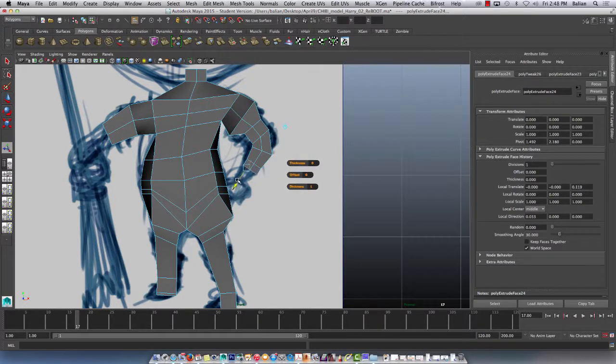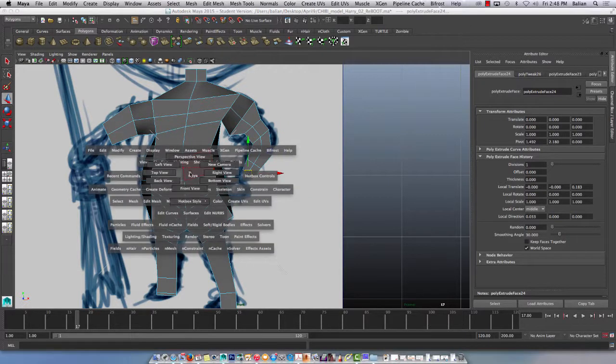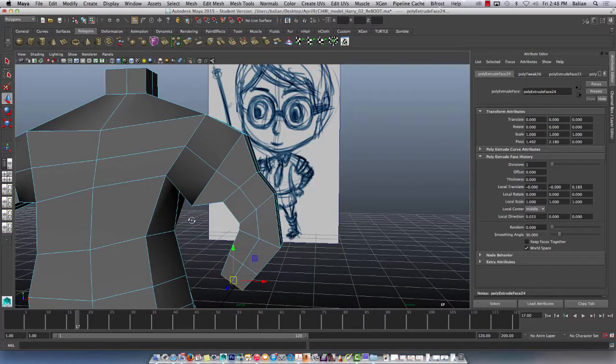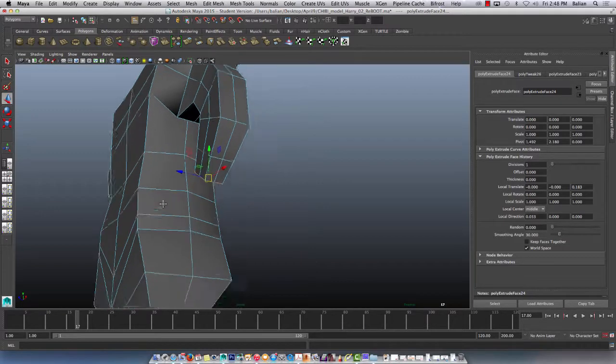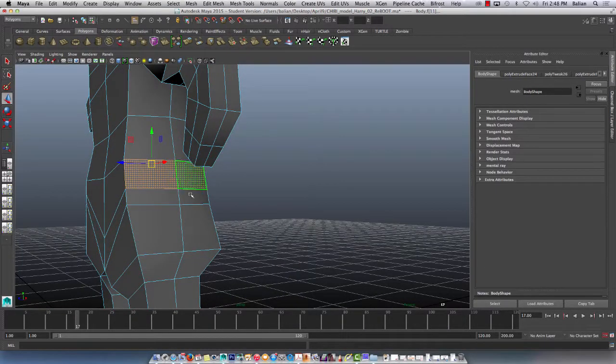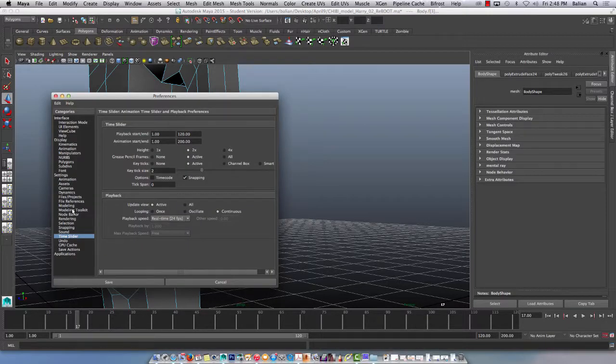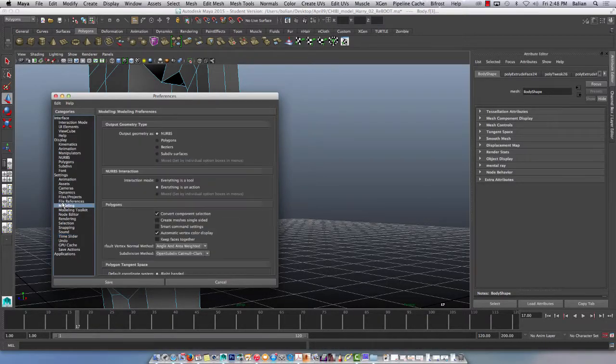So again, I'll come out, press R, scale it in a touch, and so on. So that's, you get the idea. Okay, back to perspective view, and what I'm going to do, I need 4 sides in here. So watch what I'm going to do. I'm going to select this face, 1, 2, 3, 4. I'm going to make sure that, this is one of the most important things of this demo here, whereas modeling,